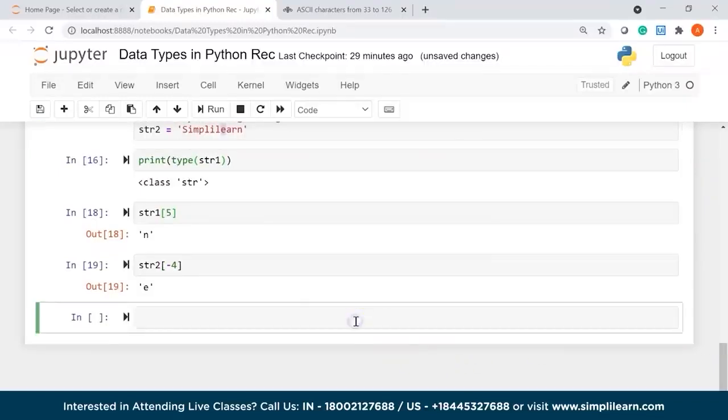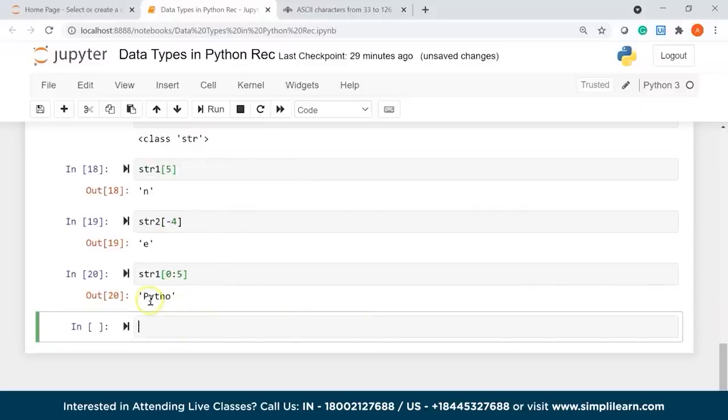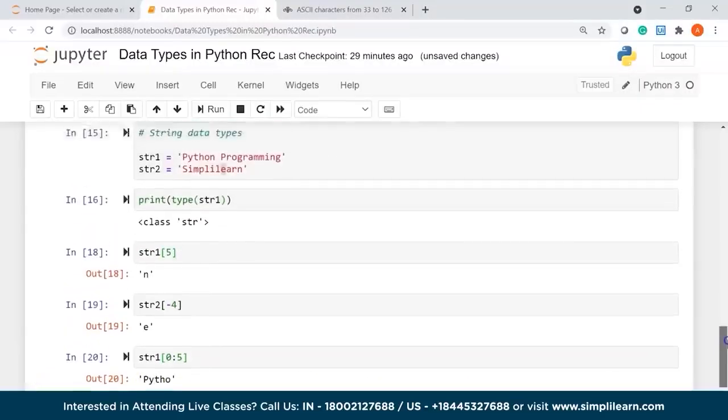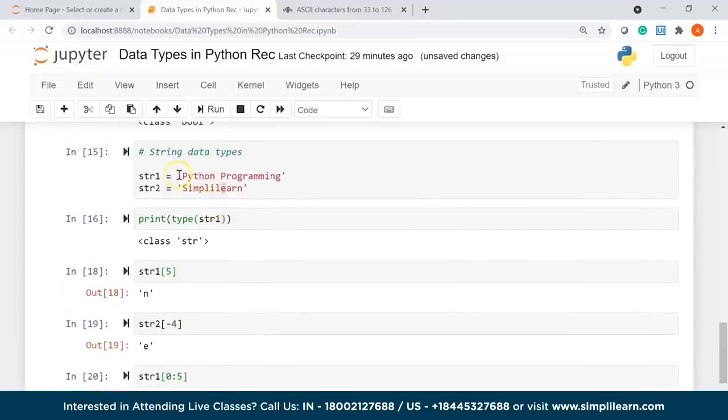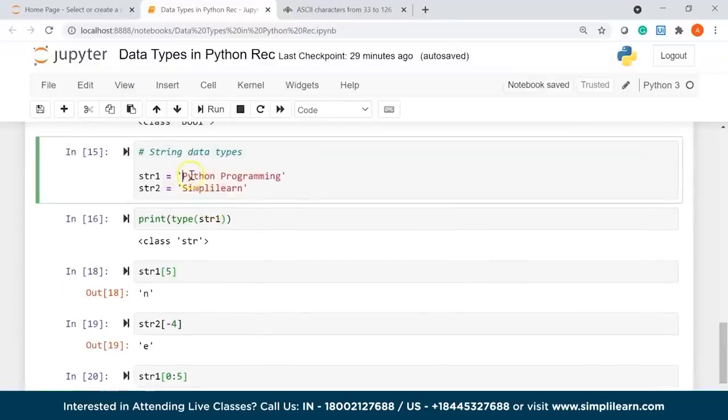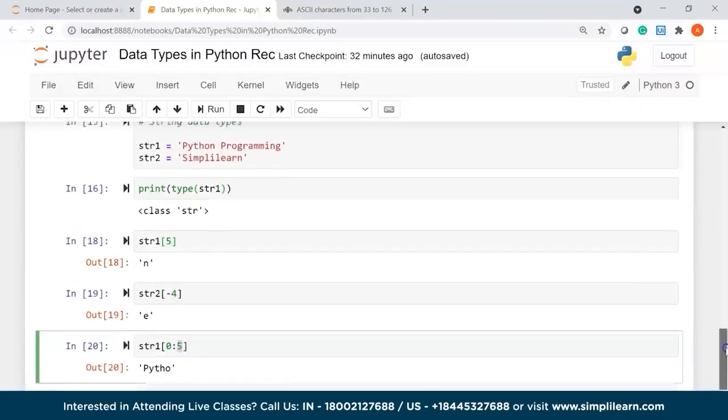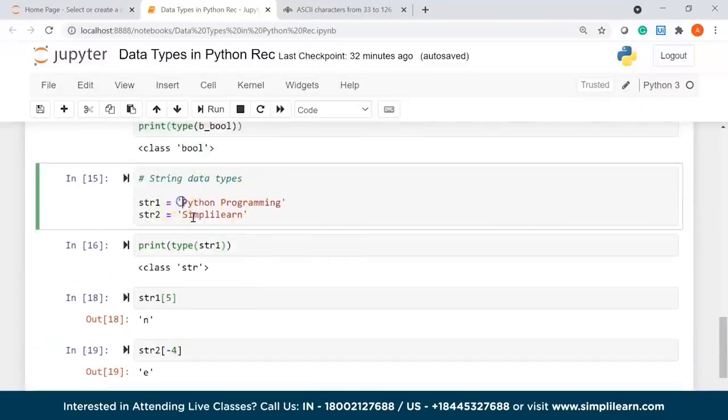Now you can also perform slicing operation. Suppose I write str1, and I want everything that is present between the 0th index and the 5th index. I'll run it. It gives me pytho. So if you check in string 1, it will start counting from the 0th index and go up to the 4th index and exclude the 5th index. So in my string 1, if I start counting from the 0th index, it is 0, 1, 2, 3 and 4. So it will print from P till O,